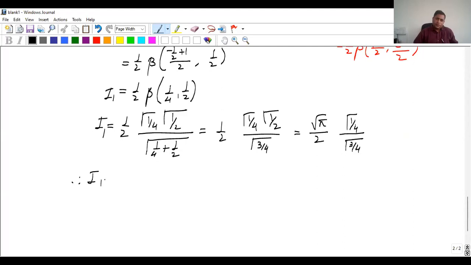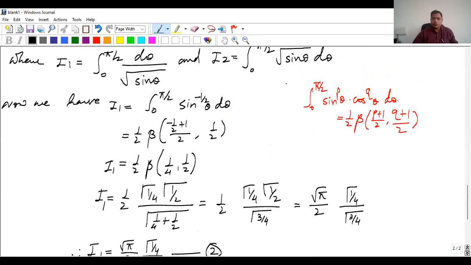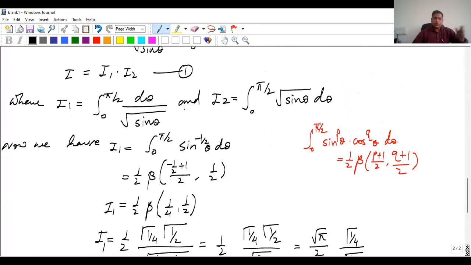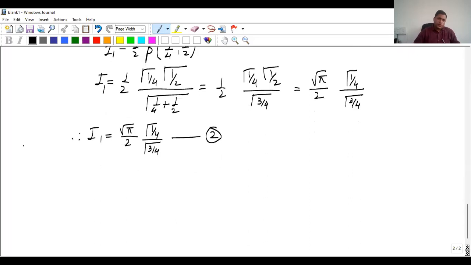Are you getting this? So we got I1 is equal to root pi by 2 gamma 1 by 4 upon gamma 3 by 4. Let this be equation 2. So we got one of the values for this integral. And now we'll think of this next integral. Just think of this next integral now. What we have here, see,